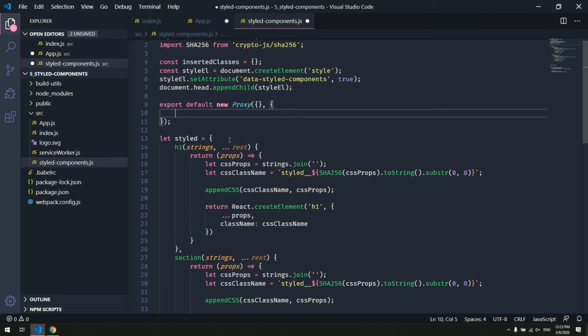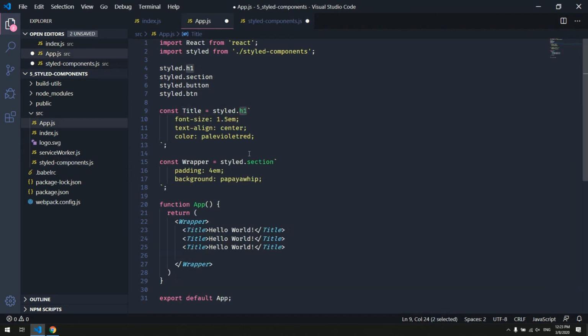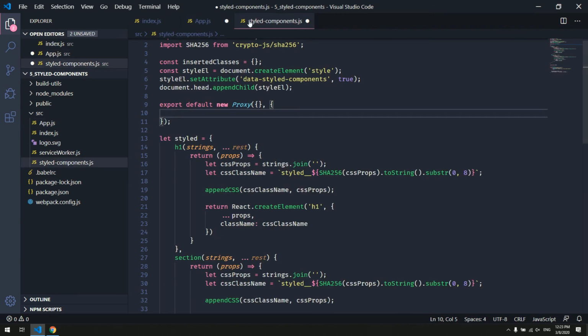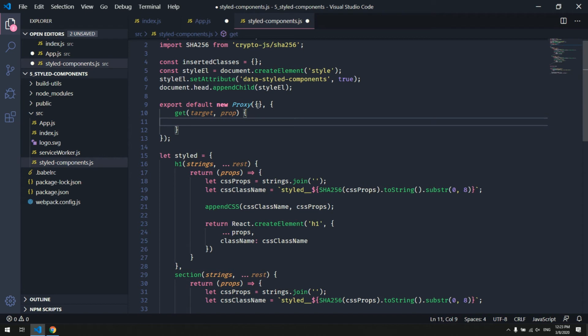And what I want to do is this: whenever you're getting a new property in this style right here, .h1, .section, whatever, I want to return to you a function which creates a React component of that tag, right? So I kind of want to hook into, like, listen to getters, kind of like that. So I'm going to say here, whenever you're trying to get something, the first parameter is the target, in our case this empty object, but we don't really care about it. And the second one is going to be the property, what you're trying to get, either h1, section, and so on. And here I want to